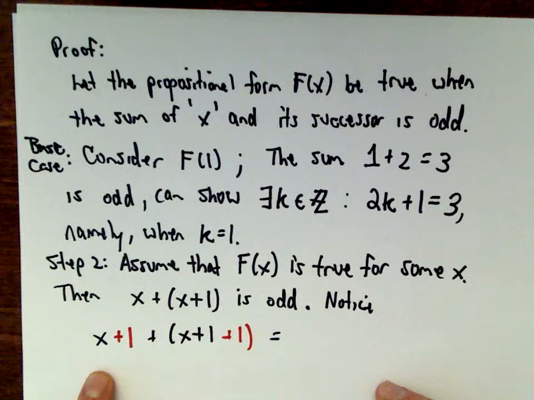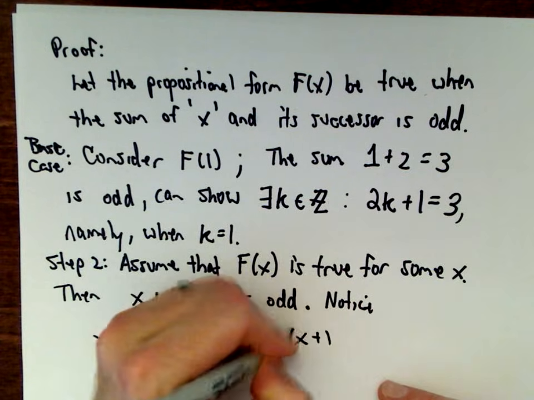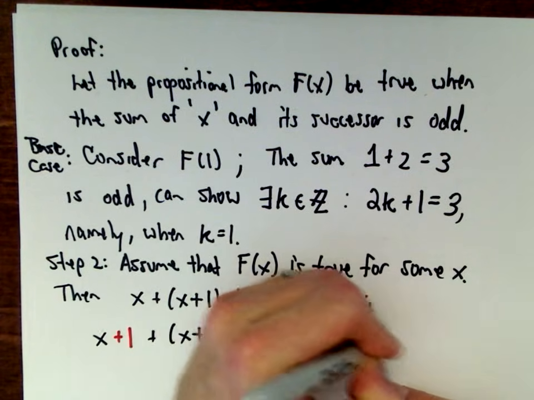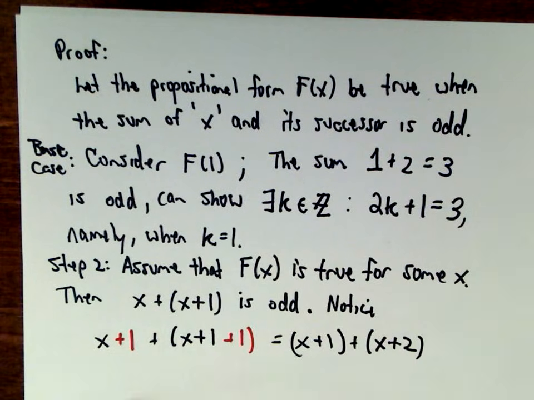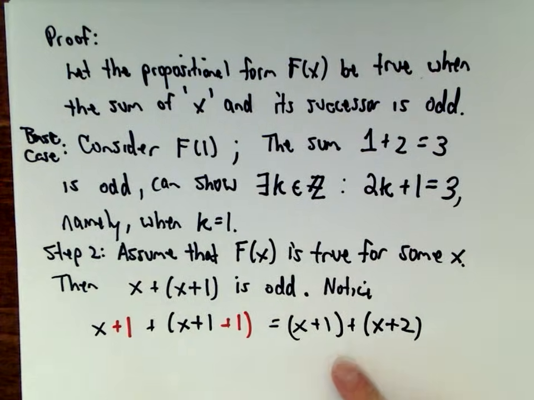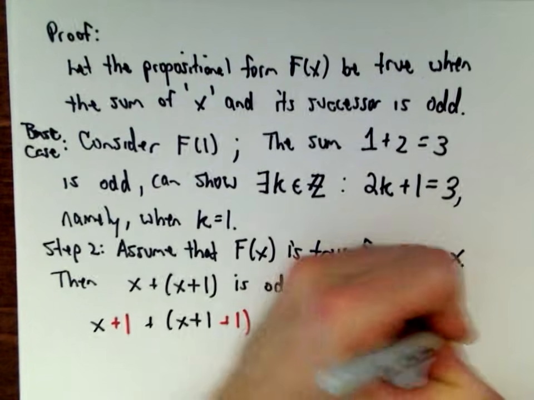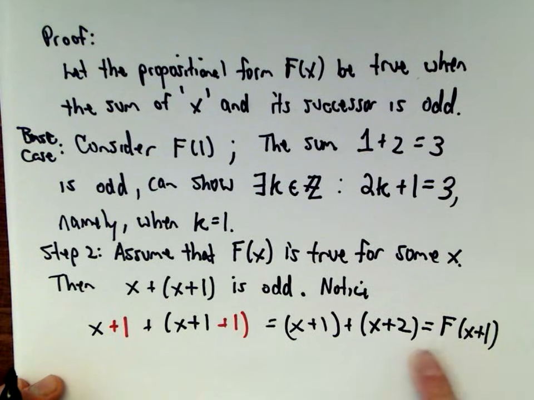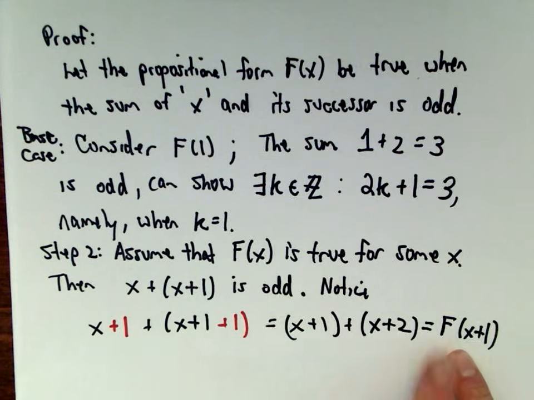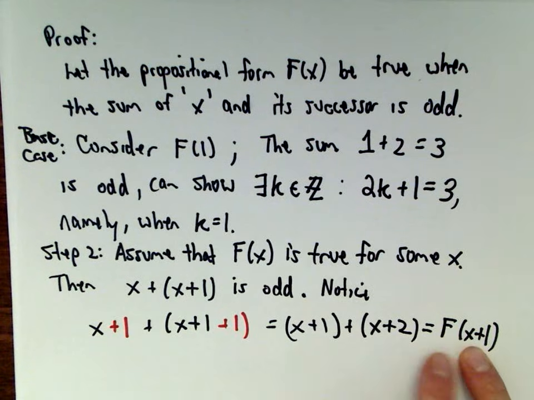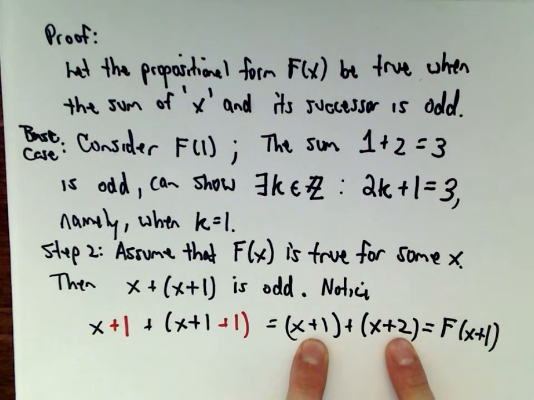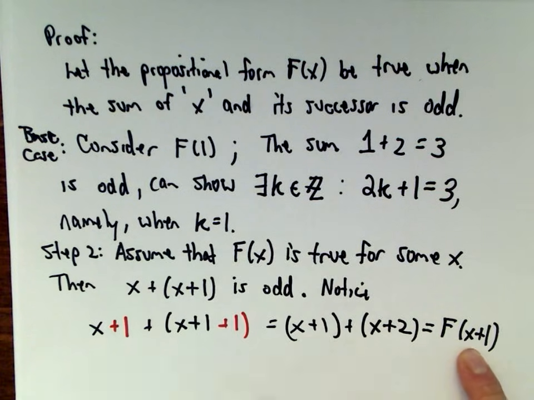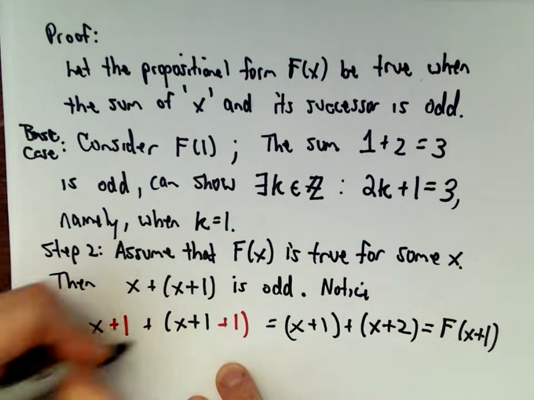Well, what's that going to give us? That's going to give us x plus 1 plus x plus 2. Notice I'm not simplifying it all the way down. And this would be our statement f of x plus 1. This would be our propositional statement f of x plus 1, because we said our propositional statement, we take whatever number is inside of our f, and we take its successor and we add those together. So this is going to be the propositional statement f of x plus 1, and we can certainly claim,